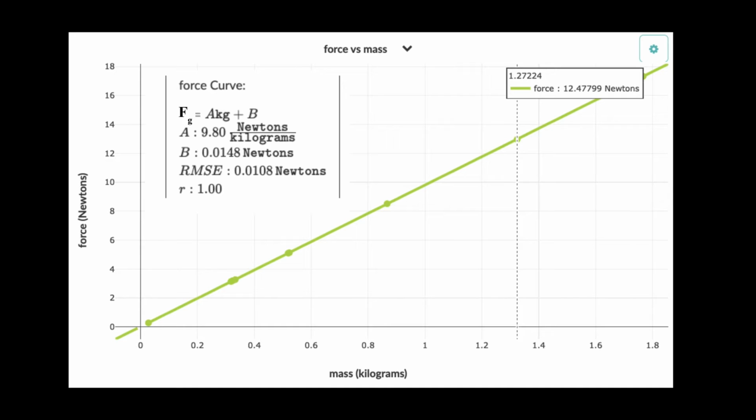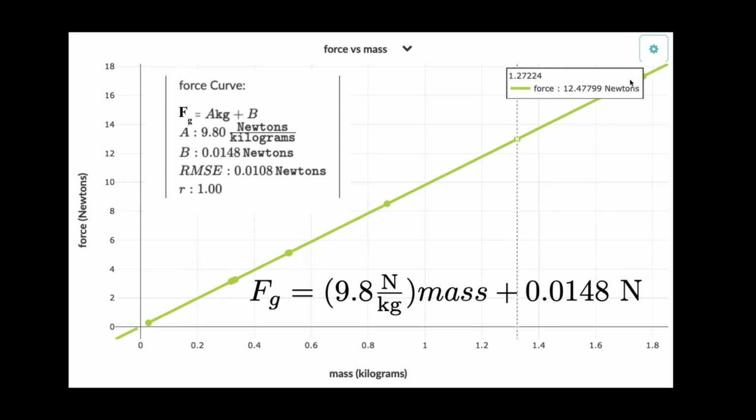So some wrap up from the force of gravity versus mass lab. Here's a sample graph. You have force of gravity on the vertical axis, mass on the horizontal axis, and you can see a little table here with the slope and the intercept and whatnot. If you write the equation for this best fit line, you get the force of gravity equals 9.8 newtons over kilograms times mass plus